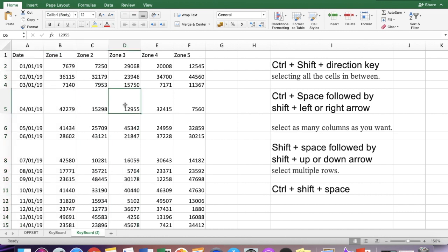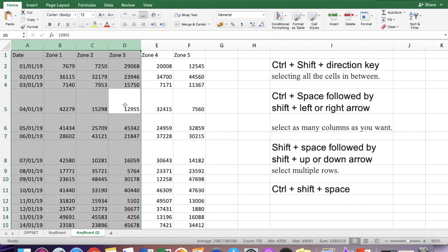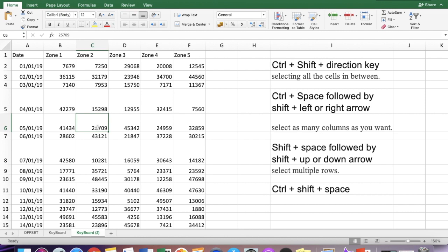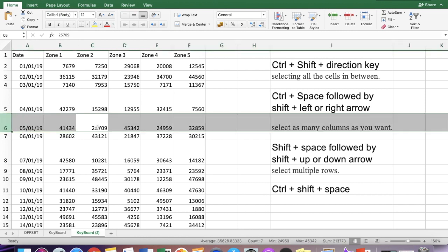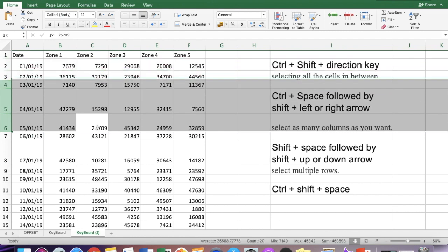So what I have done, I have just selected the required column using Control and Space, and then I took my hands off and pressed Shift and used my arrow keys. Same you can do with Shift Space. It will select your row.